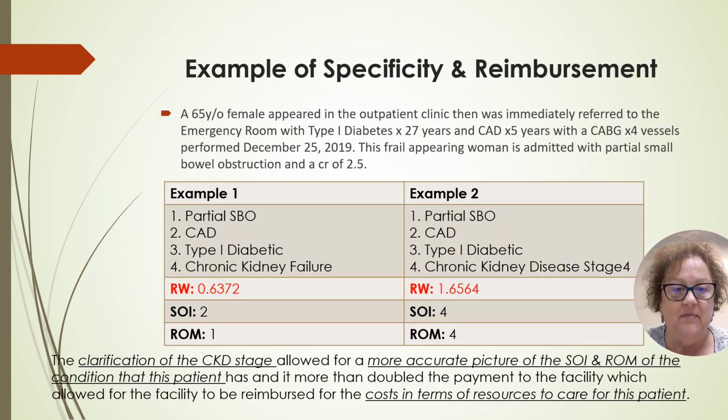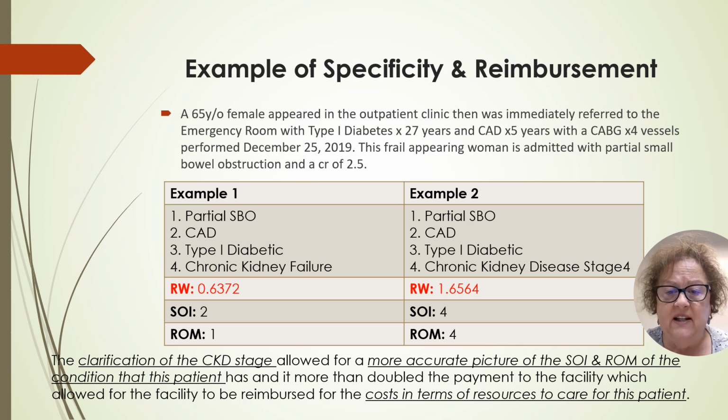Here then is an example of how further clarification of the CKD stage allowed for a more accurate picture of the severity of illness and risk of mortality of the patient's condition. As we can see in example 1, the patient had a partial small bowel obstruction, coronary artery disease, and type 1 diabetes with chronic kidney failure, documented with a relative weight of 0.6372, severity of illness of 2, and a risk of mortality of 1,